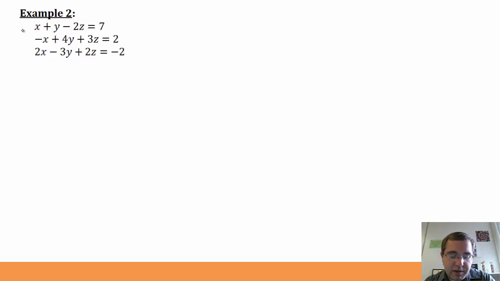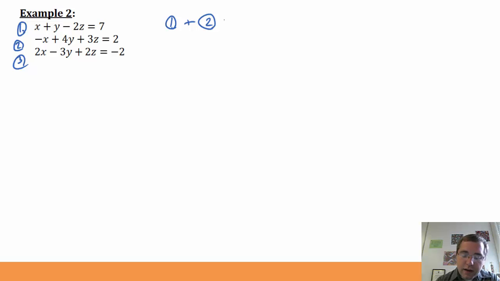So x plus y minus 2z equals 7, negative x plus 4y plus 3z equals 2, 2x minus 3y plus 2z equals negative 2. What we want to do is take 2 different pairs of equations and eliminate the same variable in both of those pairs. So I look at these and I see that x would be rather easy to eliminate, because I number my equations, number 1, number 2, and number 3. Equation number 1